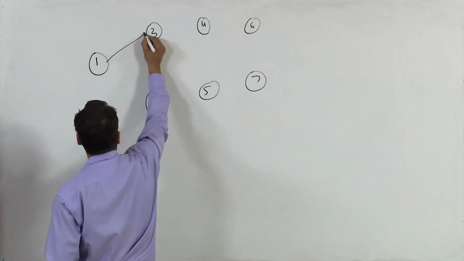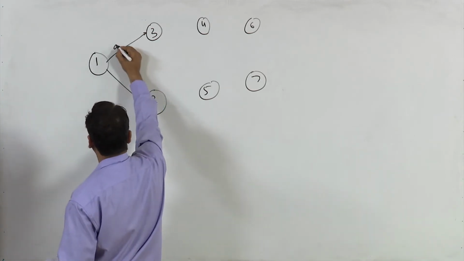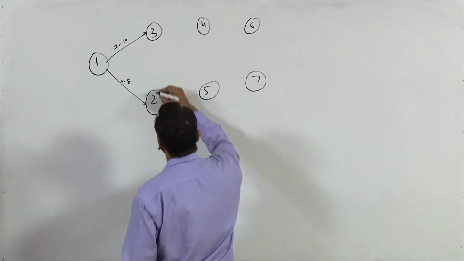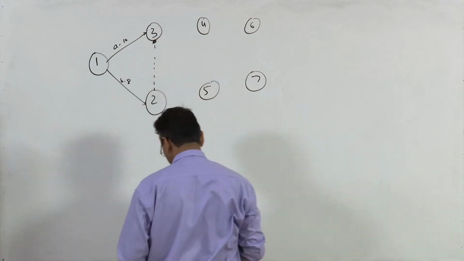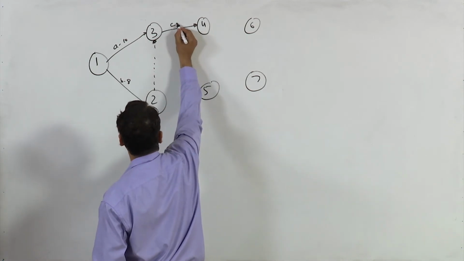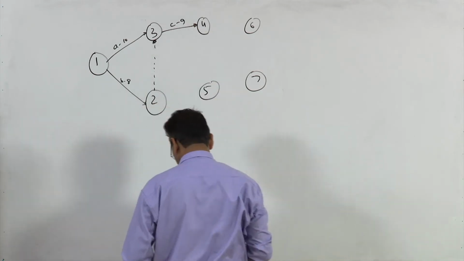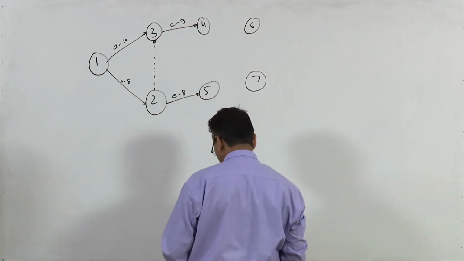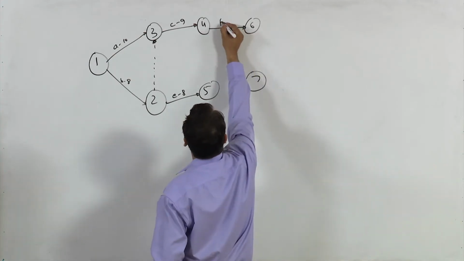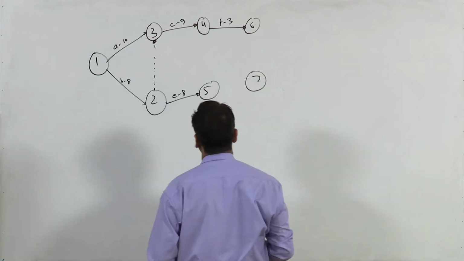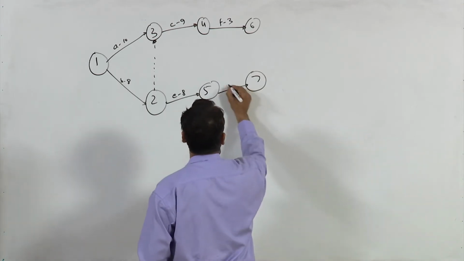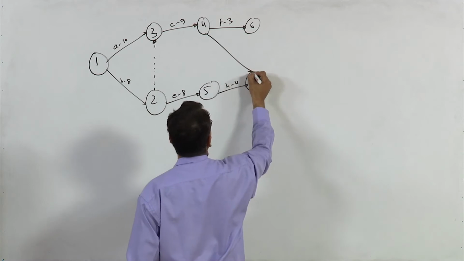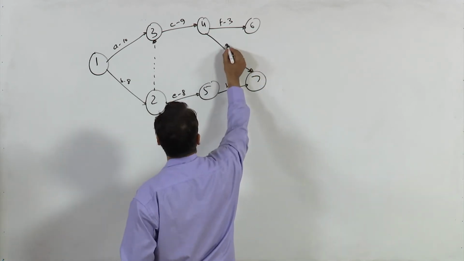So activity A is taking 10 days, activity B taking 8 days, activity 2 to 3 is a dummy activity, right. 3 to 4 is activity C, taking 9 days, 2 to 5 is activity E and this is taking 8 days, activity 4 to 6 is F, it's taking 3 days, activity 5 to 7 is activity H, it's taking 4 days, activity 4 to 7 is activity G, it's taking 8 days,